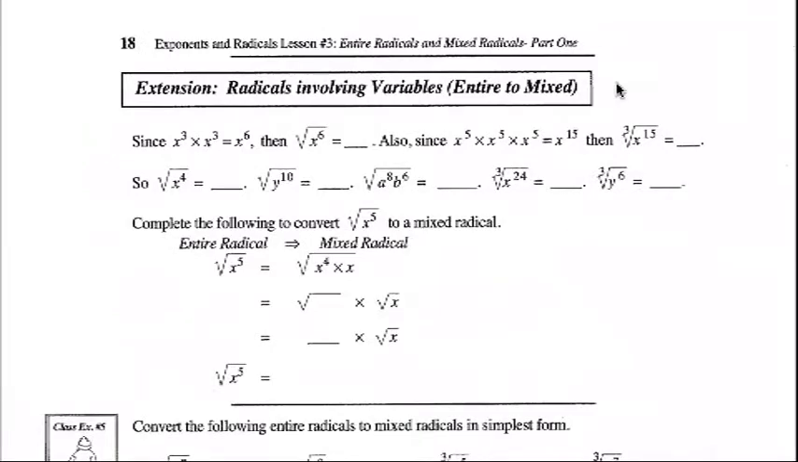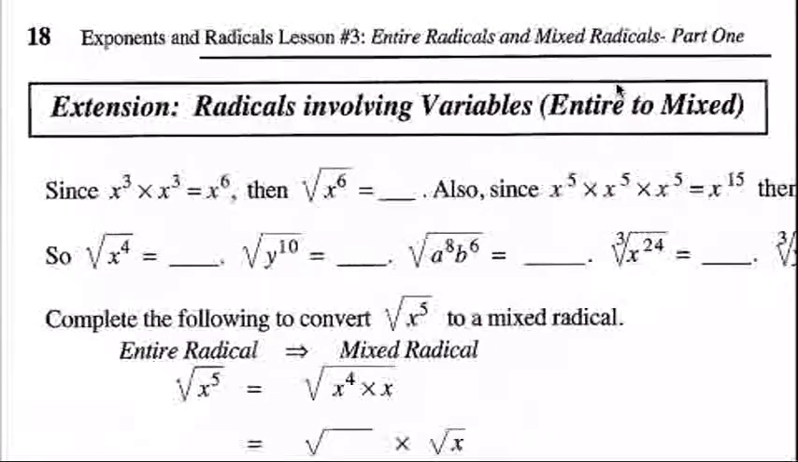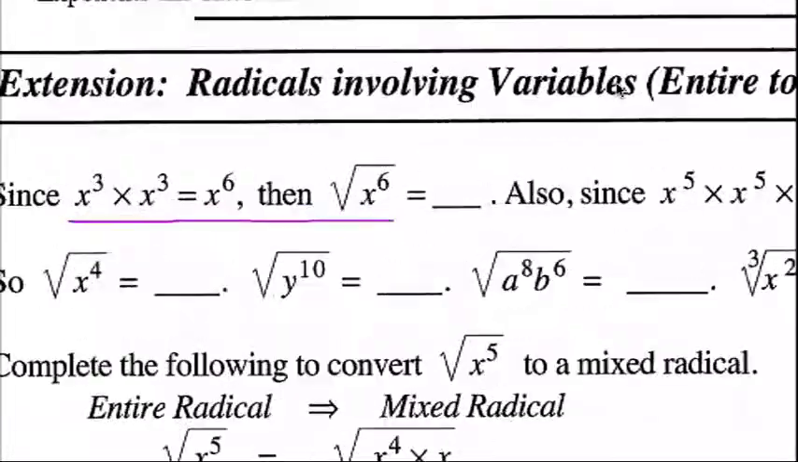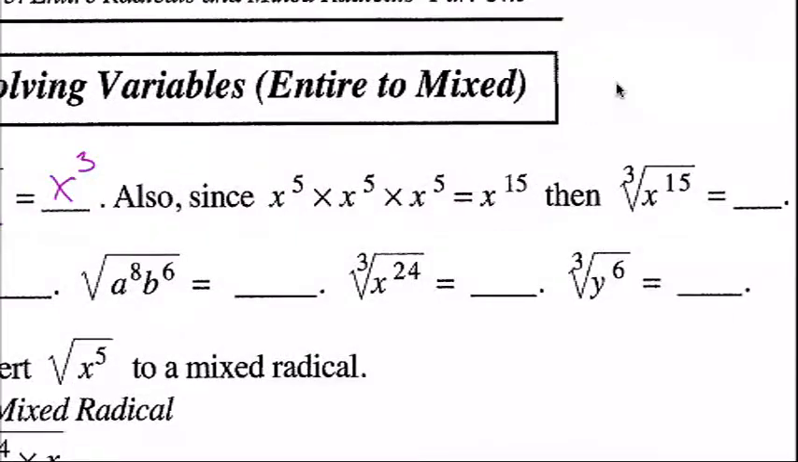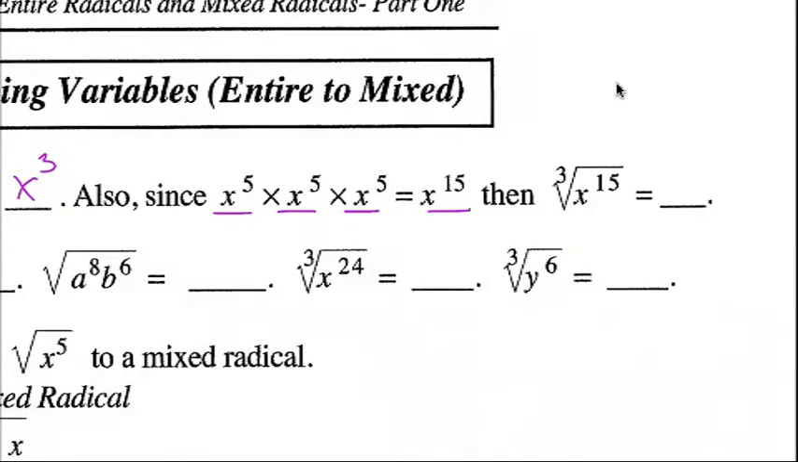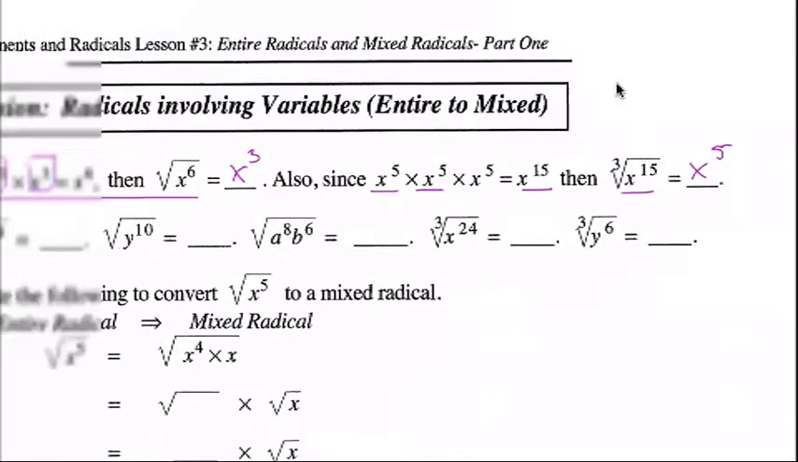Okay. Since x cubed times x cubed is equal to x to the 6th, then the square root of x to the 6th should be x cubed. There's 2 groups of x cubed, correct? Also, since x to the 5th times x to the 5th times x to the 5th gives us x to the 15th, the cube root of x to the 15th should be x to the 5. There's 3 groups of x to the 5. So this is using the process of perfect cubes and squares as opposed to prime factorization,